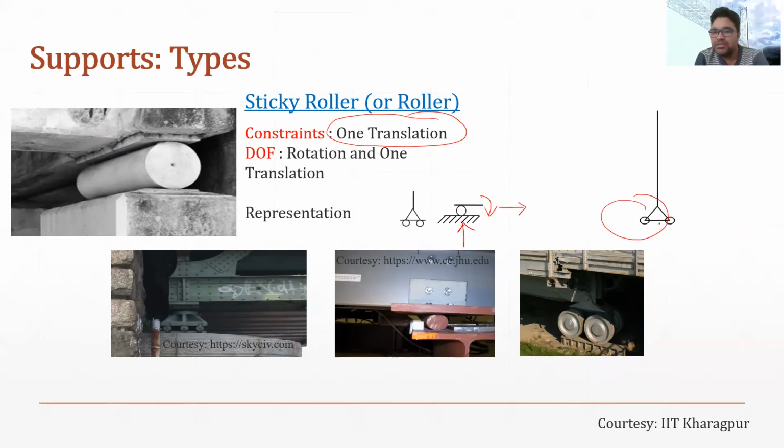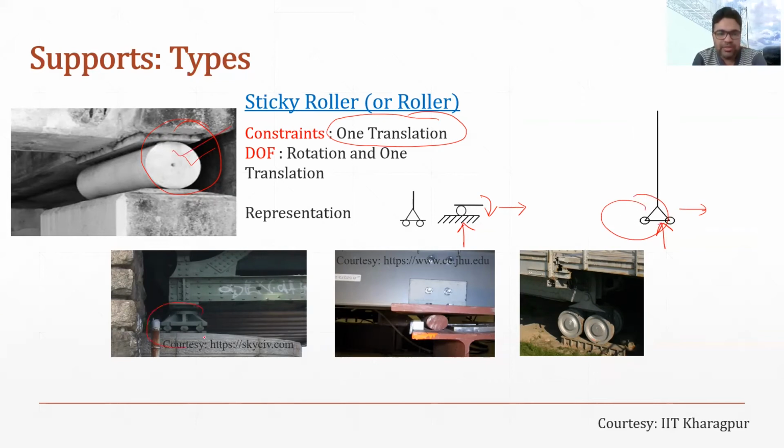So, this is not allowed, this is offering reaction vertically, but it has movement along the x-axis, and it has movement in terms of the rotation. So the physical representation of this roller support, you can see in the flyovers, you will notice such kind of supports. These are known as the roller support. This horizontal movement is actually allowed here sometimes for the relaxation of the thermal expansion. So provision for the thermal expansion is provided in terms of the roller support.